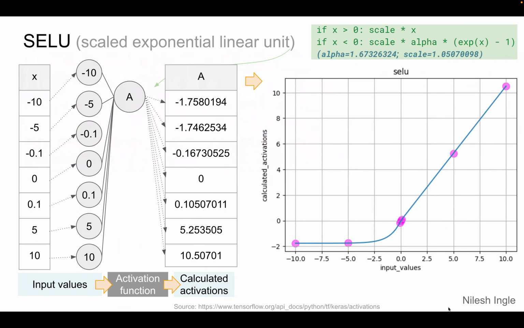In this video, we'll look at the scaled exponential linear unit. Up on the slide, on the left-hand side, we have the x values shown in this column, which start at -10 and go up to +10 with 0 in the middle. Let's imagine that these are the input values to our neuron A. On the right-hand side, we have the output values from the neuron A that uses the activation function scaled exponential